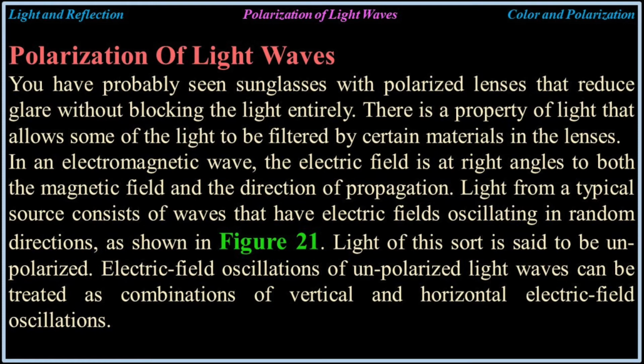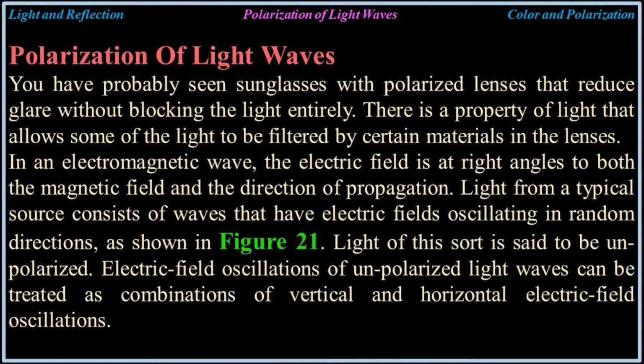Polarization of light waves. You have probably seen sunglasses with polarized lenses that reduce glare without blocking the light entirely. There is a property of light that allows some of the light to be filtered by certain materials in the lenses. In an electromagnetic wave, the electric field is at right angles to both the magnetic field and the direction